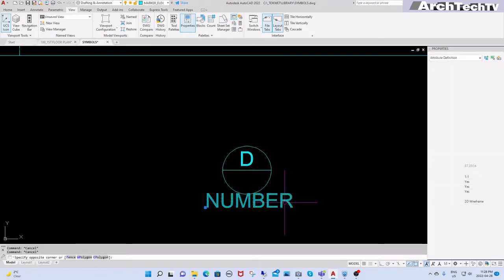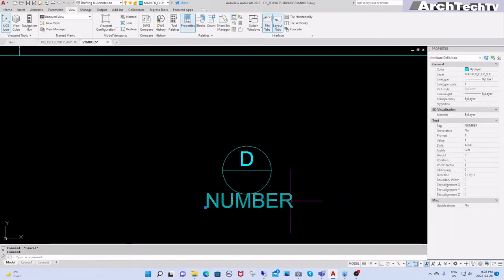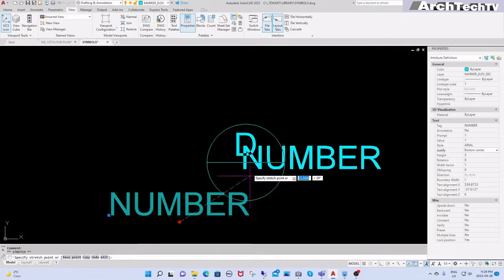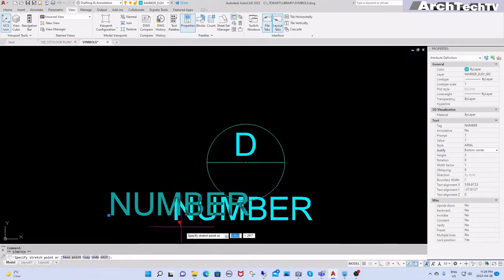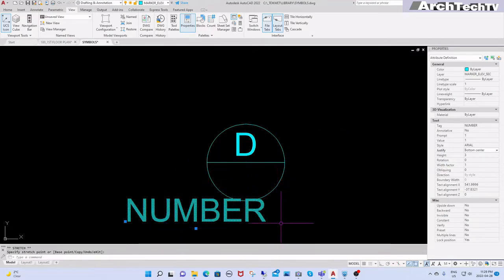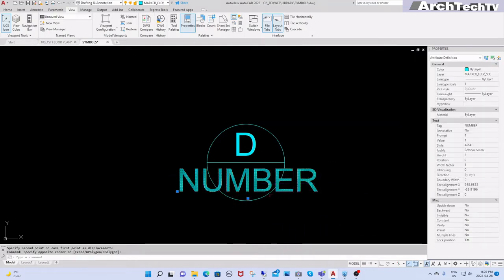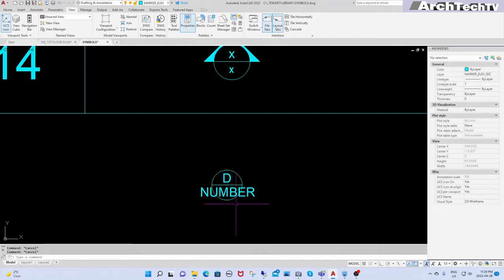Let's change this justification to bottom center, and let's move things. Okay,